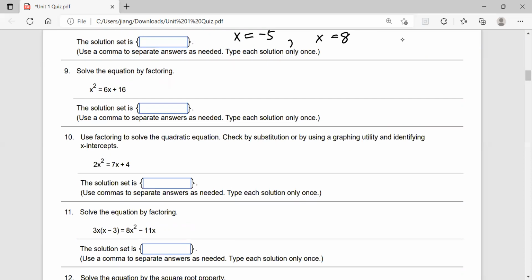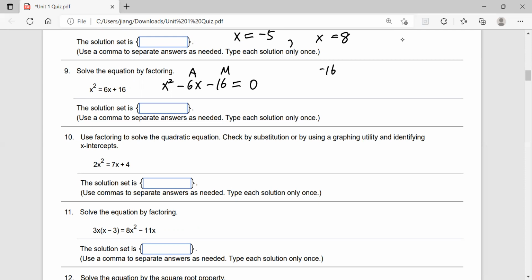This is the perfect square. So the same way, make the right-hand side equal 0. That means subtract the 6x and the 16 both sides. So x squared minus 6x minus 16 equals 0. Can I use perfect square? I think we still use the A&M method because it's easier. So A&M,